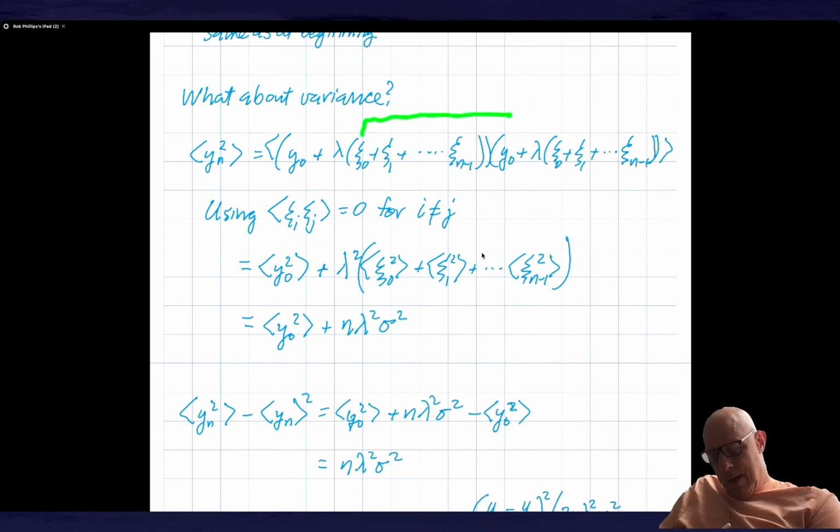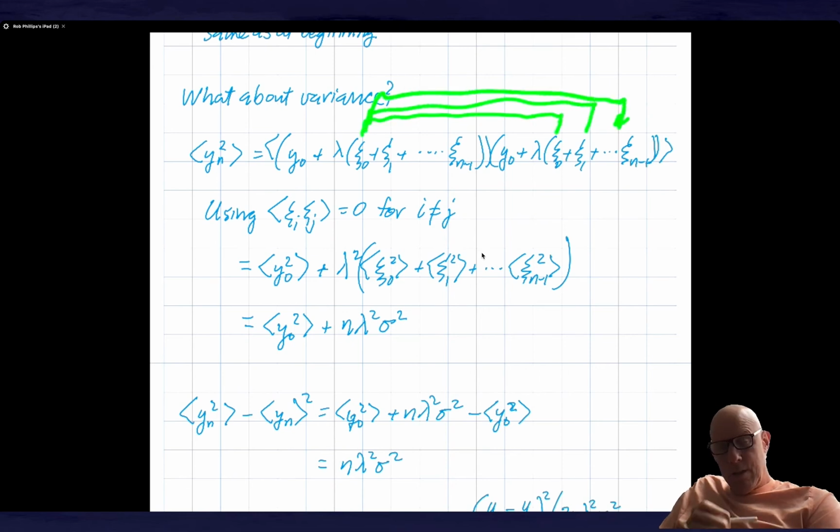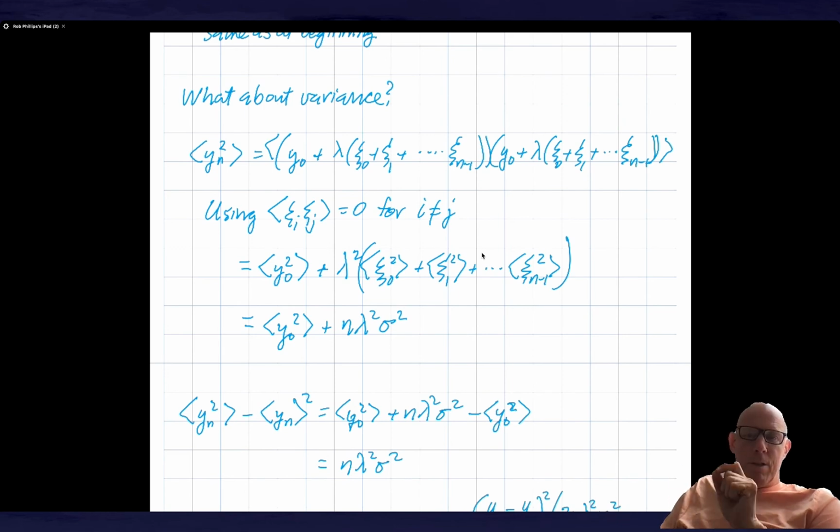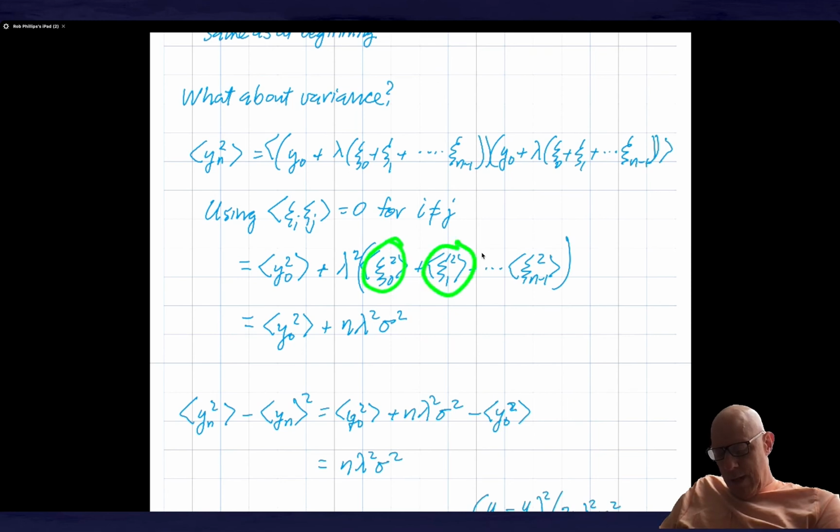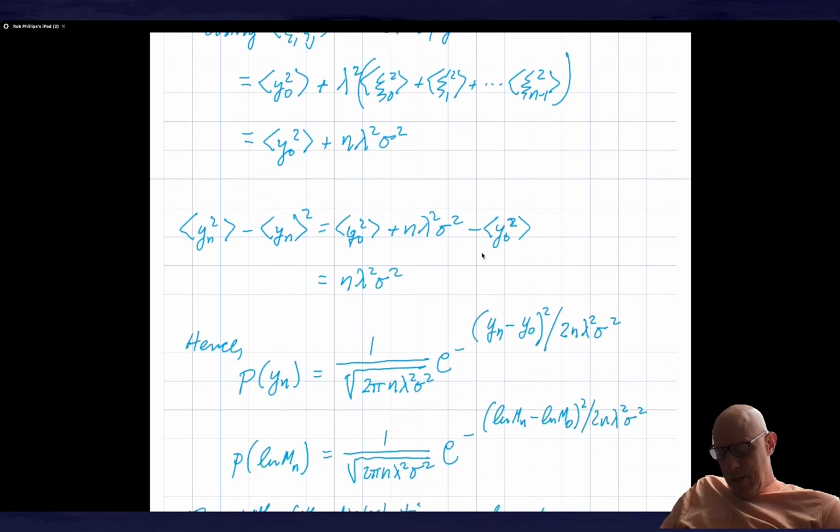When I multiply all these out, I'm going to have epsilons: squiggle 0 times squiggle 0, squiggle 0 times squiggle 1, squiggle 0 times squiggle 2, and so on. And I'm going to accumulate a bunch of these terms, ci, cj, which you see right here, and only for the case where i is not equal to j do they survive. So that leaves me with this result. Now, the statistics is such that each one of these has the same value. These are all drawn from the same Gaussian distribution, which has a width sigma squared, but I have n of them. So what I found is that the variance, yn squared, is equal to y0 squared, but then plus this accumulation, and the really important observation is that